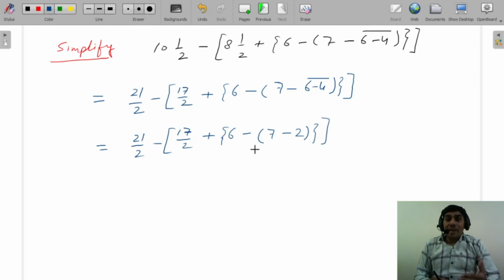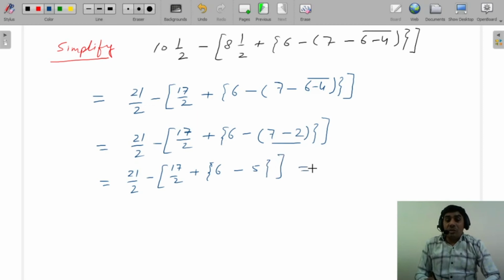Now after the bar, the next letter is B, BODMAS, B for bracket. So there are 3 brackets, small bracket, curly bracket, and capital bracket. So first we have to solve the small bracket, which is equal to 21 by 2 minus capital bracket 17 by 2 plus curly bracket 6 minus 7 minus 2 is 5, curly bracket closed, capital bracket closed,